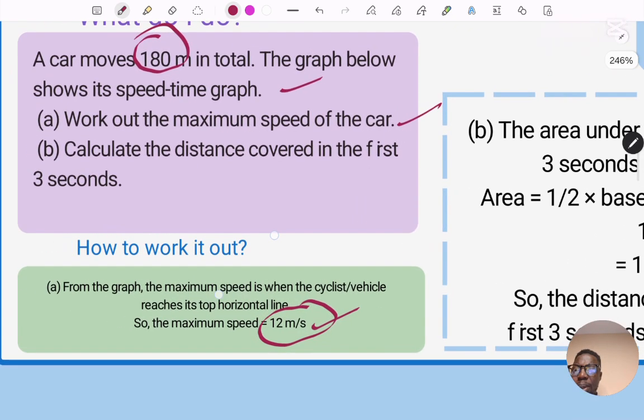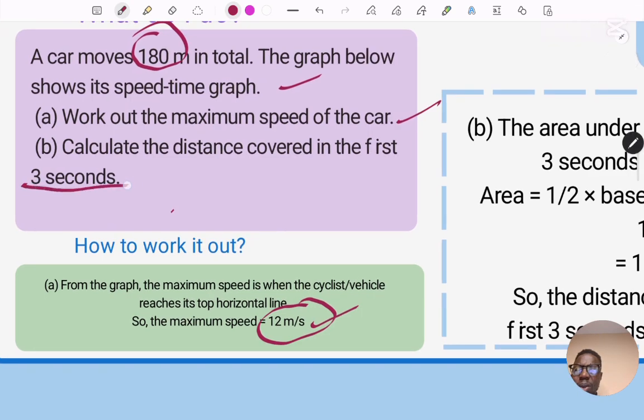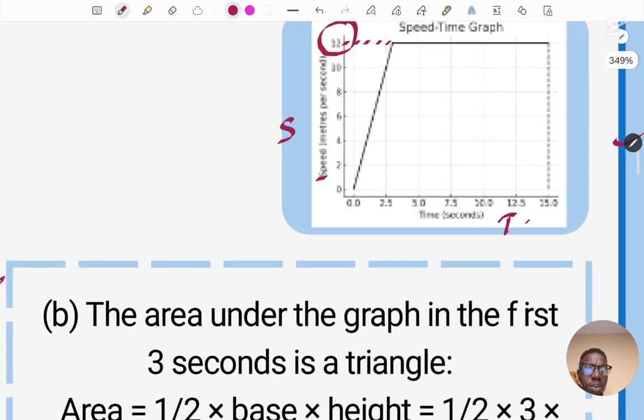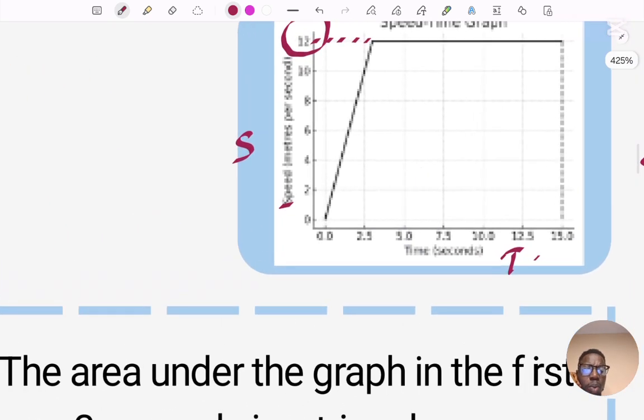So let's go to part B of the question, which is calculate the distance covered in the first 3 seconds. Just like we did in the first question, the first 3 seconds. From the graph, I think we can see 2.5 seconds is here, but that means 3 seconds is here, and if we trace it, we realize that it will also form a triangle. Definitely the area under this triangle, which is 3 seconds,